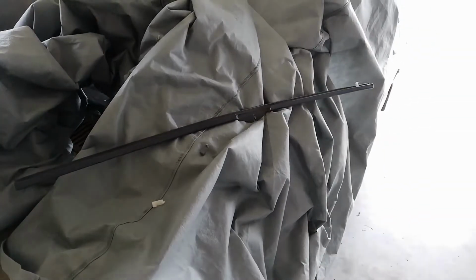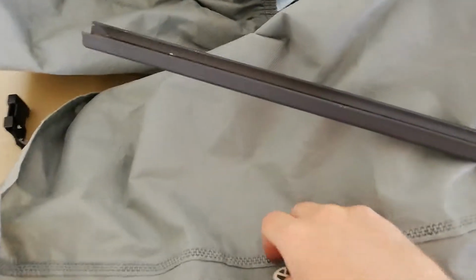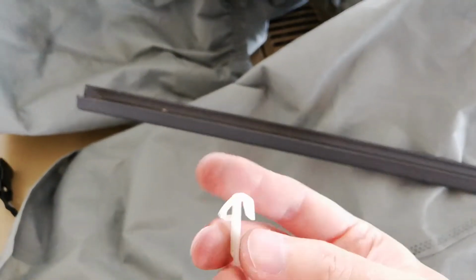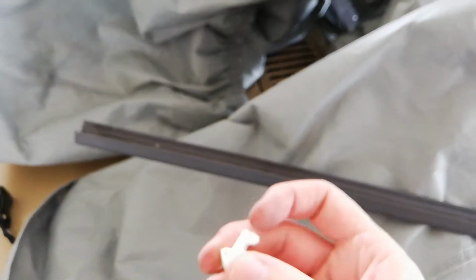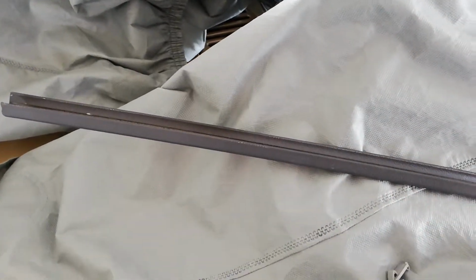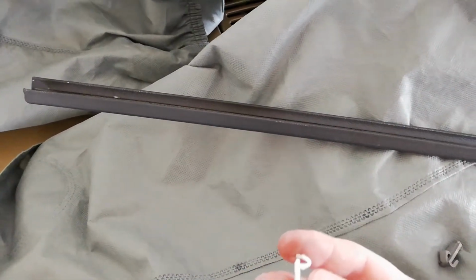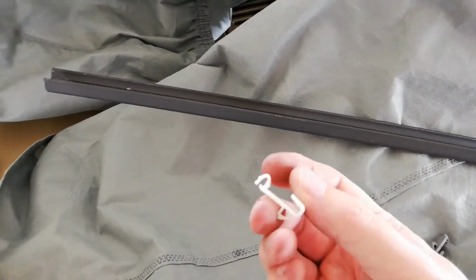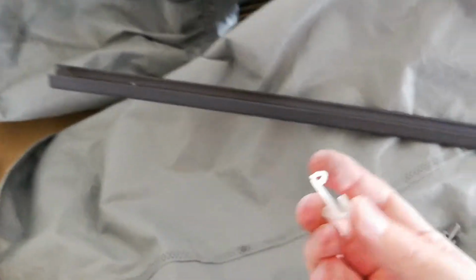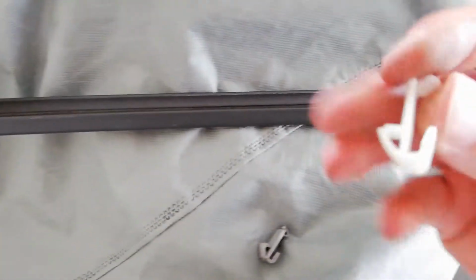The first thing is this rail that goes across the top. The thing you need to watch out for with that is these clips. Now I was lucky and I managed to get the last new old stock left in the country, and I don't know how I managed it, but when I pulled this back out this morning I didn't manage to break them, but they always break. I can get you the part number for those. I'll put it in the video description,